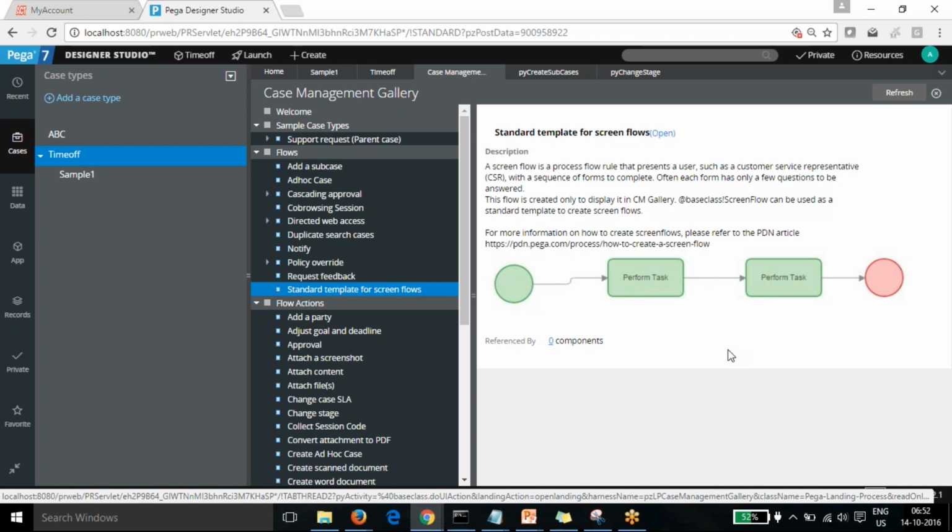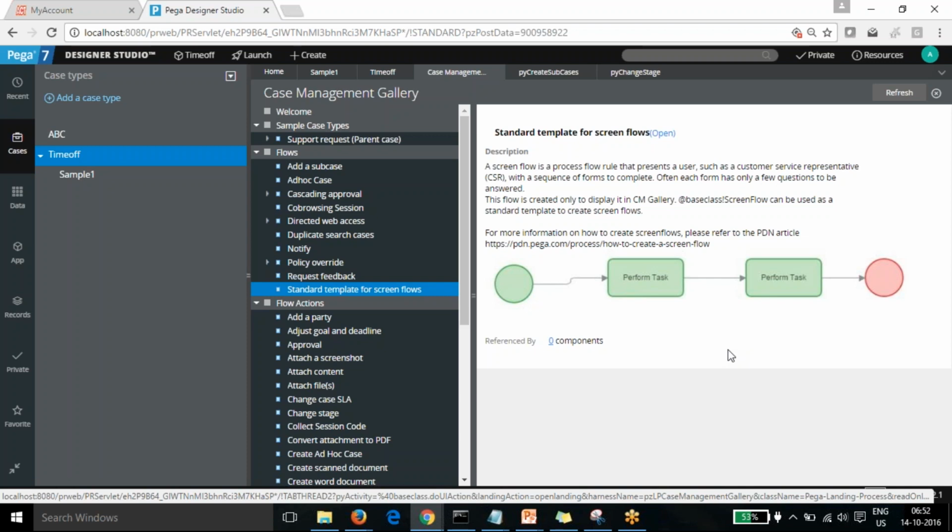If there is a gap in education, he will take the education gap. If there is a gap in work history, he will get the work gap history. Then he will take more preferences, like whether the candidate is serving a notice period and what the current package is. All the details are captured from him. So the person needs to capture all the details in a sequence of forms, and we can design that in a screen flow.